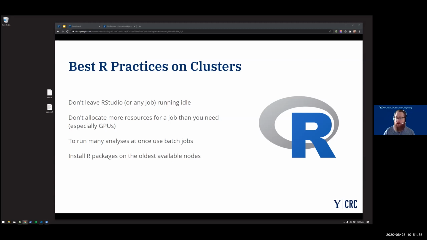So if you compile your libraries on an old node, they will work everywhere. But if you compile your libraries on a newer node, now all of your R computation is limited to just the newest compute nodes. So when you are planning on installing new libraries, just make sure that you use